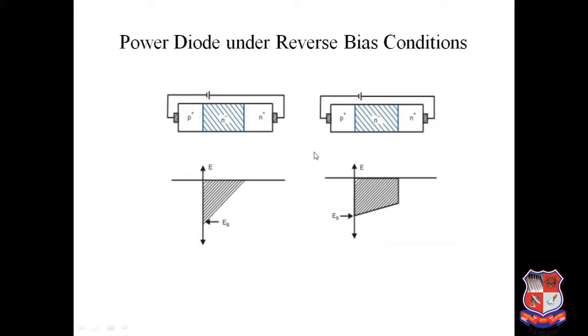Okay. So now, due to the very large doping density of the cathode, penetration of the depletion region inside the cathode is negligible. The electric field intensity, or you can say strength, inside the drift region of both these types at breakdown voltage is shown in the figure. Here it is the breakdown voltage and here it is the intensity. In a non-punch through type diode, the electric field strength is maximum at the P plus and N minus junction and decreases to 0 at the end of the depletion region. Whereas in the punch through construction, the field strength is more uniform. Here it is more uniform.